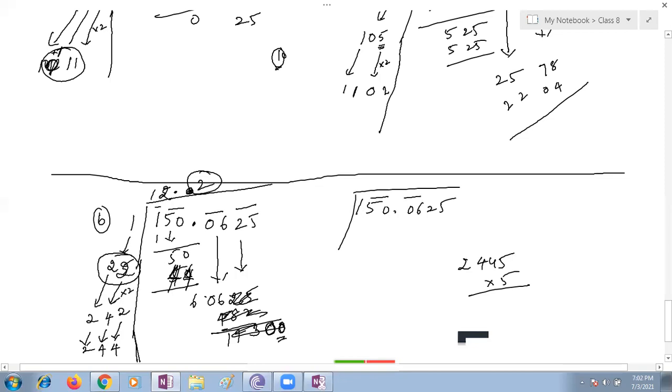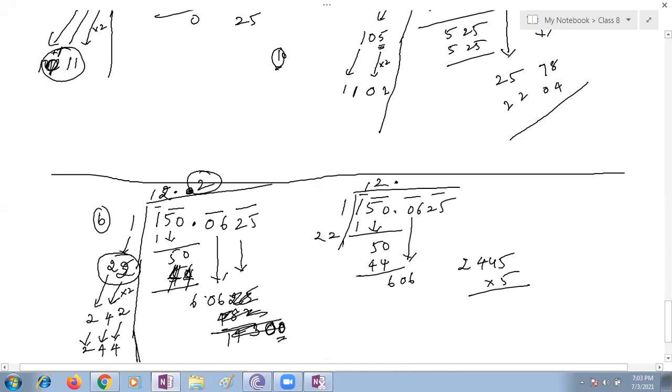Now go with the periods. It's a single period, single number. So 1 ones are 1. Get down 50. So 1 becomes twice. So 2. If I'm taking 22 2 times, it's 44. This is 6. This is where we are making mistakes. It happens completely. 606. Get down the period. 1 period only.